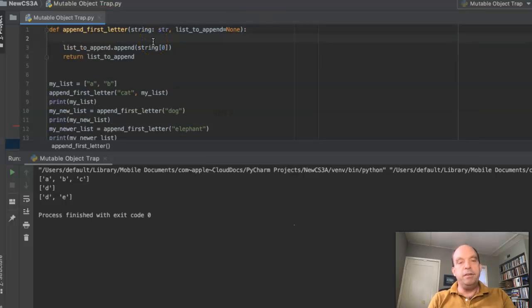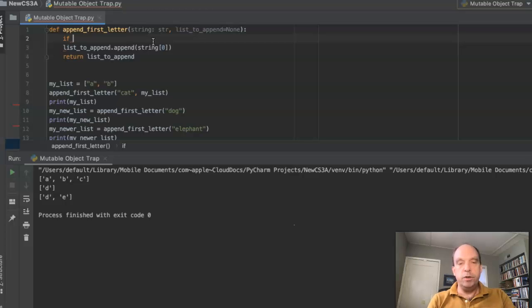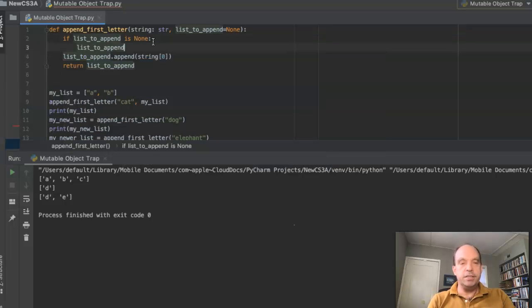And in the body of the function, the first thing we do is check whether list to append points to none. Remember, we use is, not equals in this case. And then we'll reassign the empty list to the name list to append. This creates a new empty list object at the time that the function is run, rather than at the beginning of the interpreting process. Now if we run our code again,